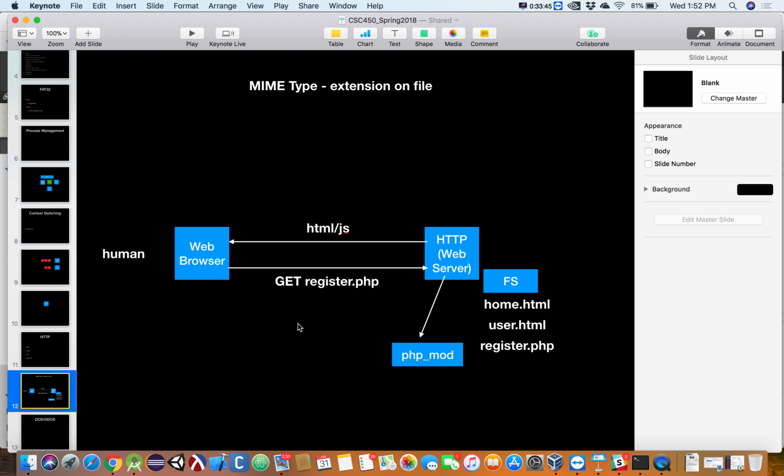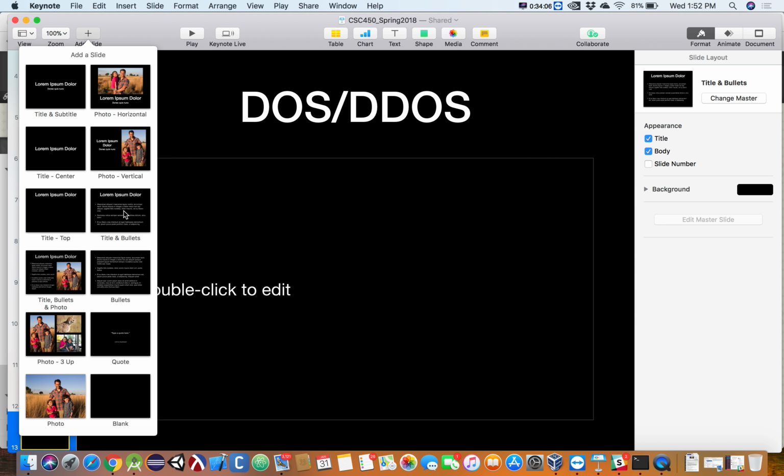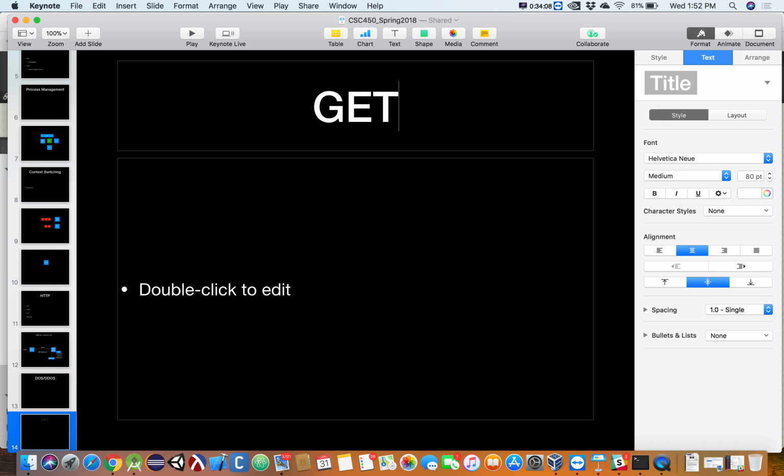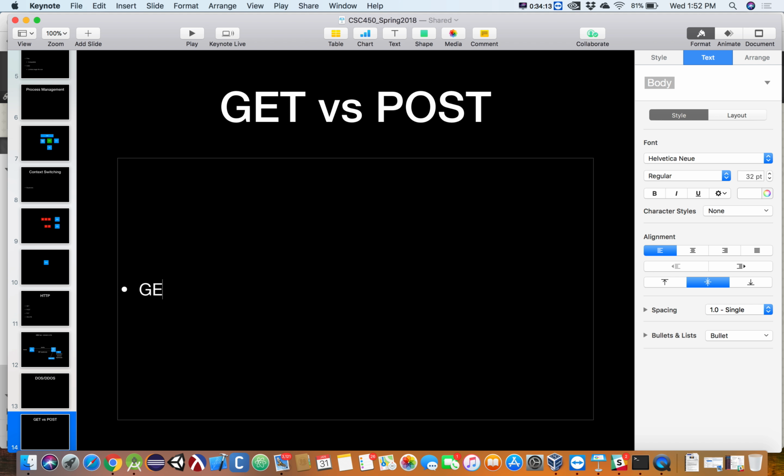So HTTP has been around for a really, really long time. Now, realistically, for all those years the internet's been around, we have only really used two of its functions. We've used GET requests and we've used POST requests. What a GET does, sometimes, let's say you're passing a username. GET versus POST. So a GET request, if we're passing a username, might look like